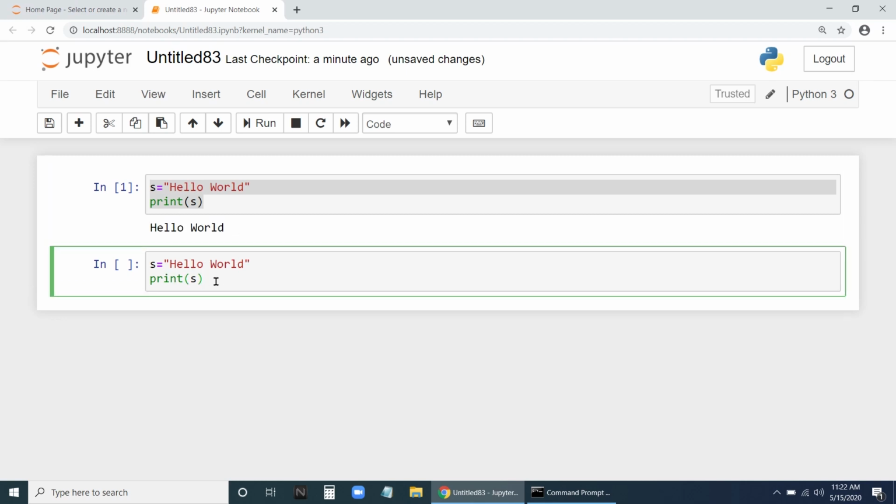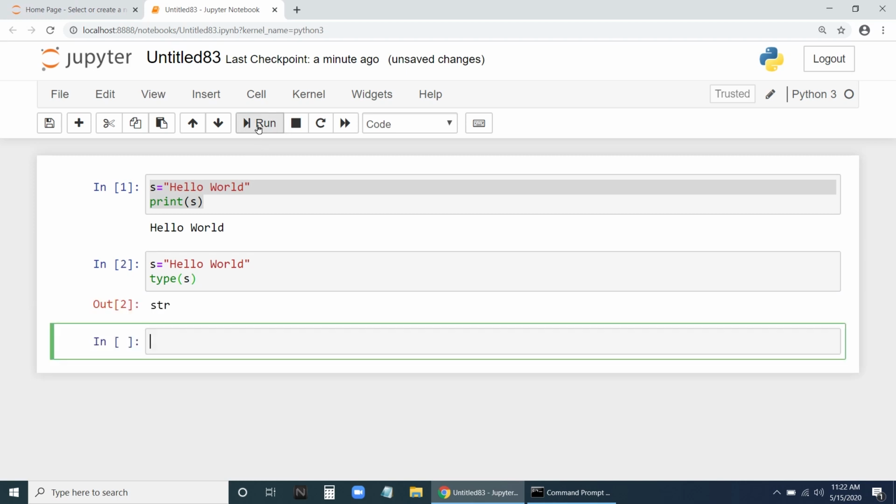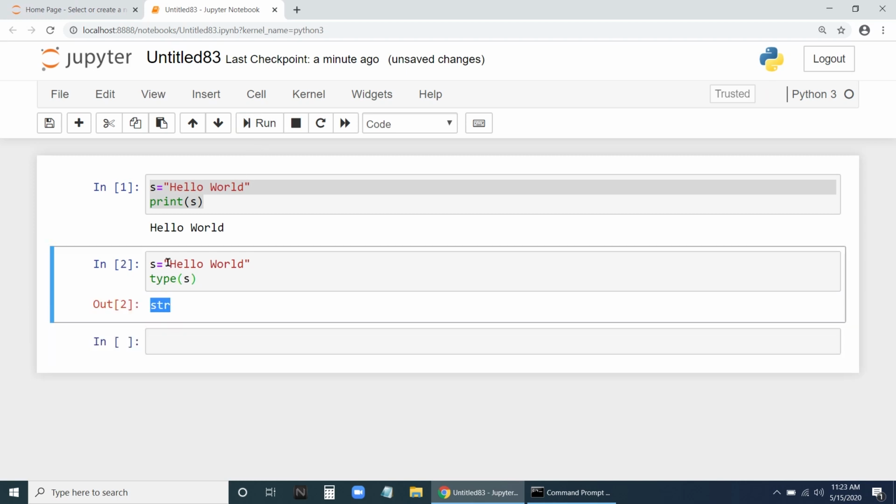Let me print the type of data it is storing. There is a type function. So type s. What is the type of data that s can store? It is str, string. So s can store a string because we have assigned a string value.